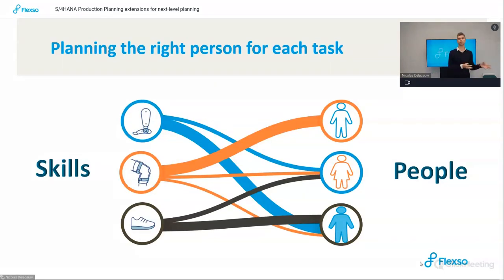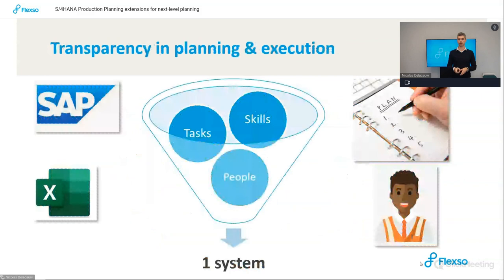from creating a wheelchair, for example. You need very different skills, and there's only very limited or particular people who have those skills. So you need to connect those dots to make a good production planning, and that was very important to them. And on the other hand, they needed transparency. You might have the tasks, traditionally in SAP as production orders with production operations,